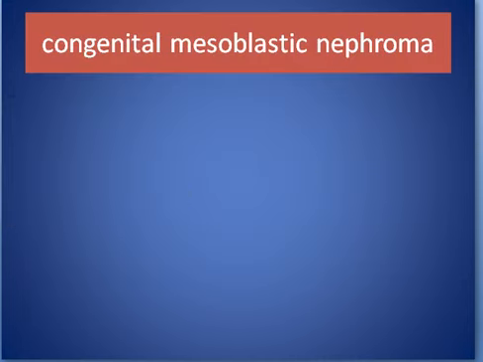Congenital mesoblastic nephroma occurs in the neonate. It is a rare benign hamartomatous renal neoplasm, or benign spindle cell tumor, and the lesion represents 3 to 6% of renal tumors. It is the most common renal tumor, accounting for about 75% in the first